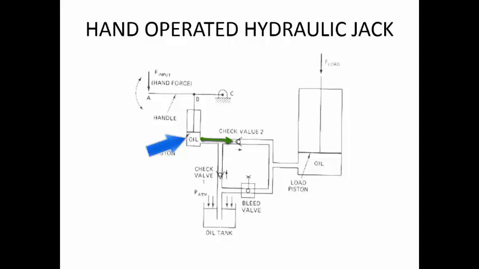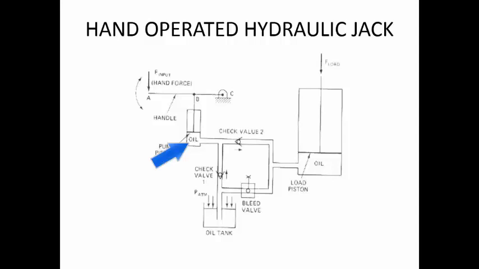Now that pressure will be more than the load that is applied over here, and the area it is acting, some pressure is created. The pressure over here is more than the pressure present over here. So because of this, the check valve will be opening and the fluid will flow like that, and it is going to enter into the cylinder. And because of the larger pressure which is acting on the area, a large force is created. That force will be more than the load, so the piston will be moving upwards.